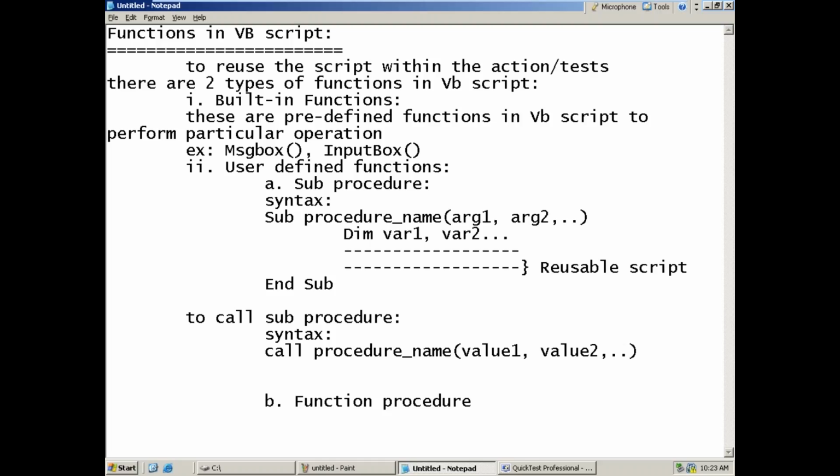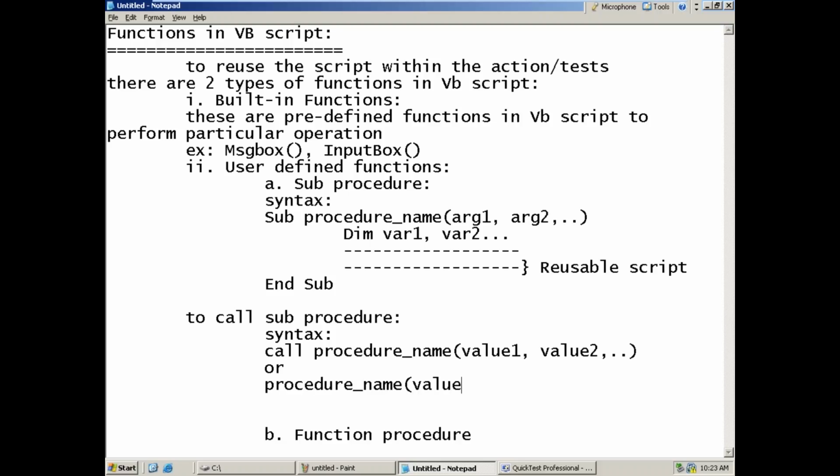Or else there is another way: you can just take the procedure name, value 1, value 2, like this. Based on the number of arguments, you can pass the values.